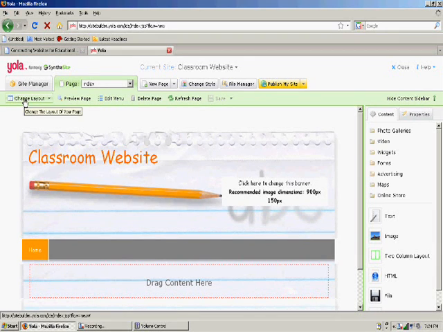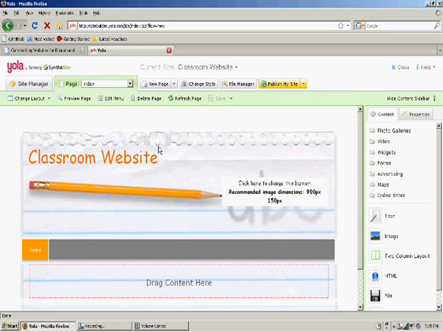You'll see that there's some different tools. There's change the layout of the page. I can preview what it looks like. I can edit the menu, which is what will be the menu once we add more pages. I can delete pages, can create a new page. I can even go back and change the style if I want to. Okay? The first thing that I'm going to teach you today, though, is how to change the layout of your